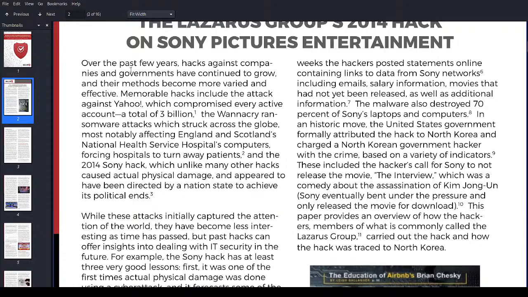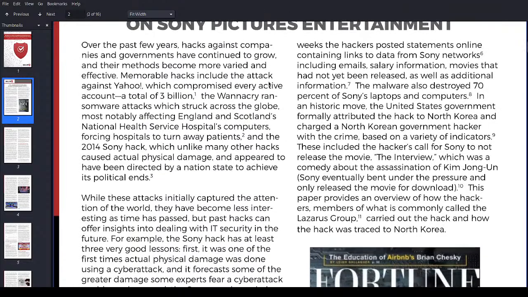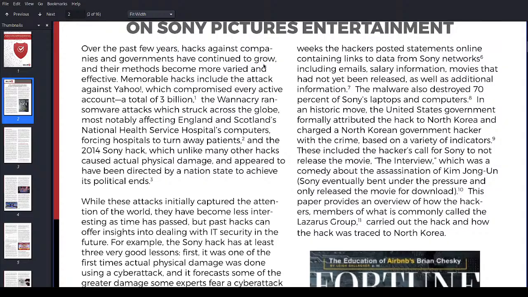So let's go. Over the past few years, hacks against companies and governments have continued to grow, and their methods become more varied and effective. Memorable hacks include the attack against Yahoo, which compromised every active account, a total of 3 billion. I believe this hack happened in 2013 as well, a year prior. And if I'm not mistaken, I think all they took were,